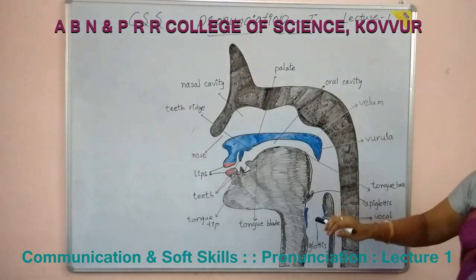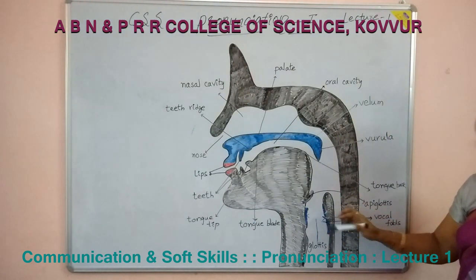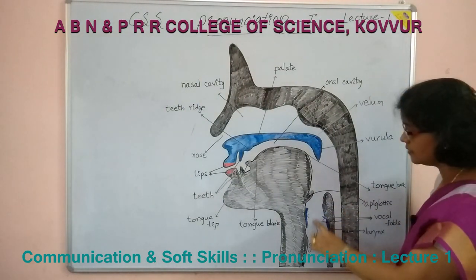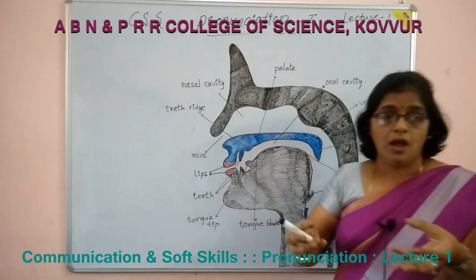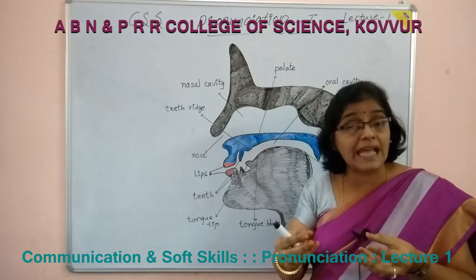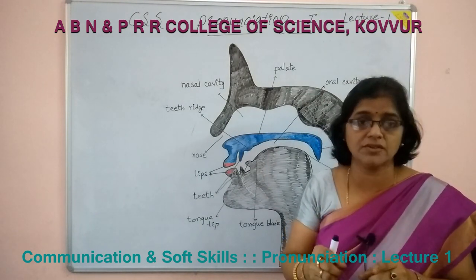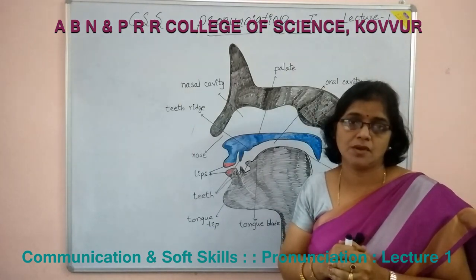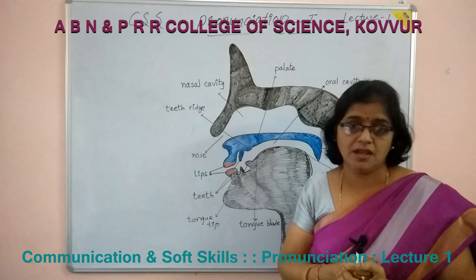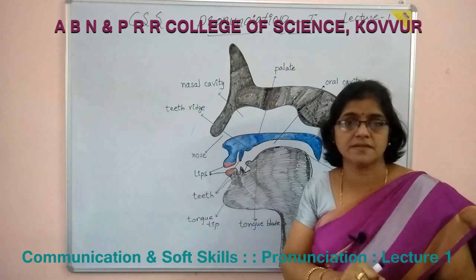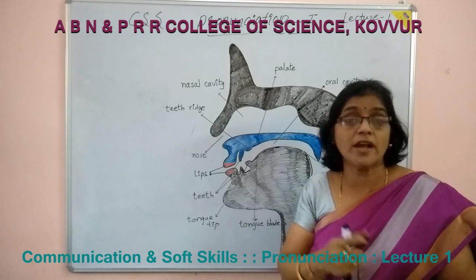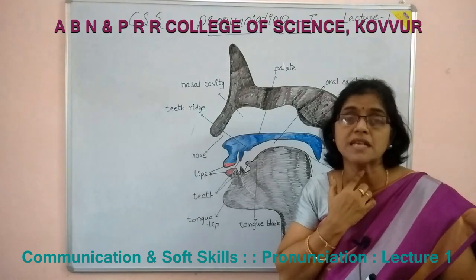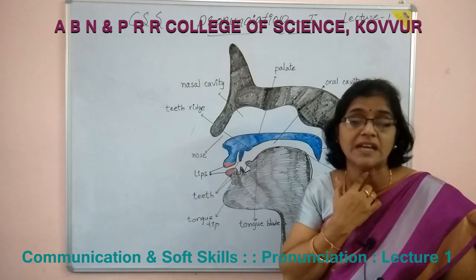And you can see here there are two blue color lines. These are vocal folds, or you can call them vocal cords, and there is a gap here. So, the vocal cords and the gap between them help us in uttering sounds by lending them the quality of vibration. Automatically we can feel the vibration. It is called voice. They say Adam's apple, that is the voice box. If you keep your finger on the throat here, on the Adam's apple, on the voice box, you can feel the vibration of our throat.